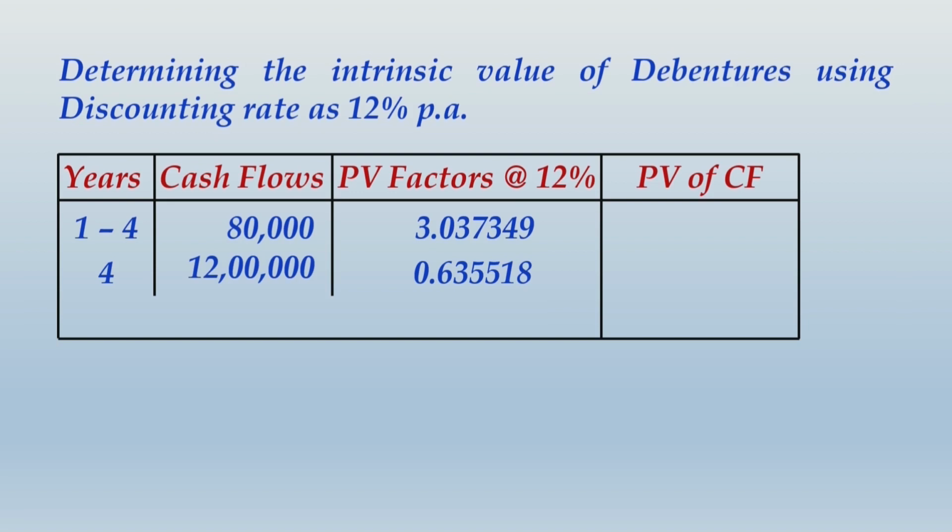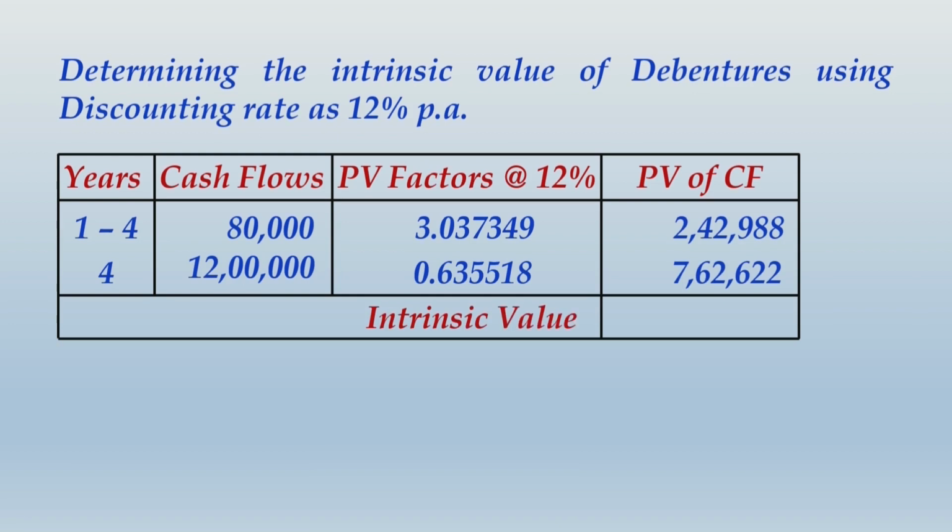When you multiply the respective cash flows to their respective PV or annuity factors, you will get the present value of these cash flows, and when you take the aggregate, it will be the total present value, and here we are calling this present value as intrinsic value. Now what happens, the net proceeds over here is 10 lakhs, and do you notice that we are getting an intrinsic value greater than 10 lakhs.